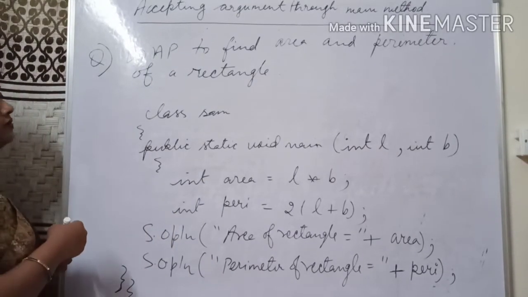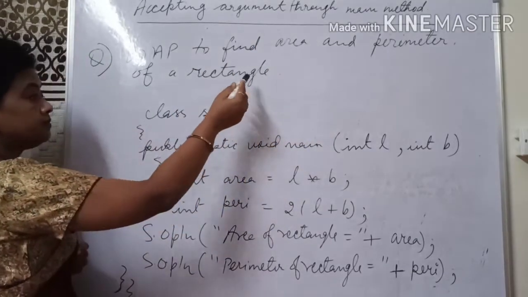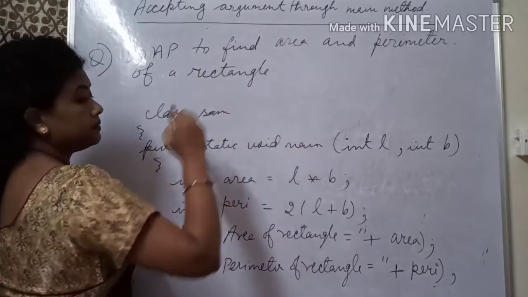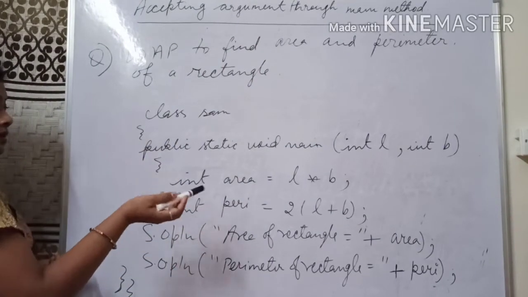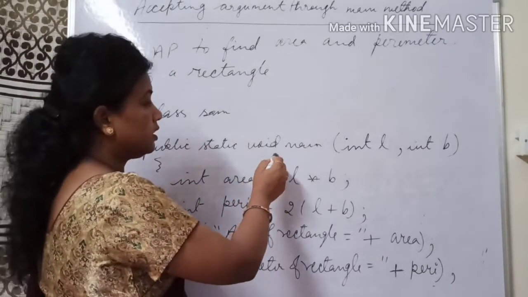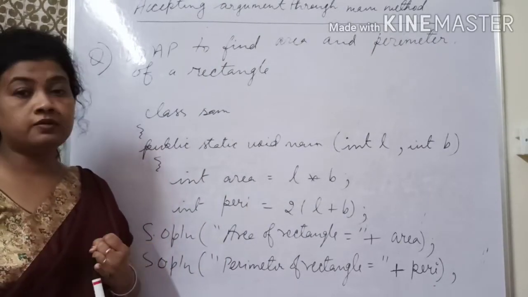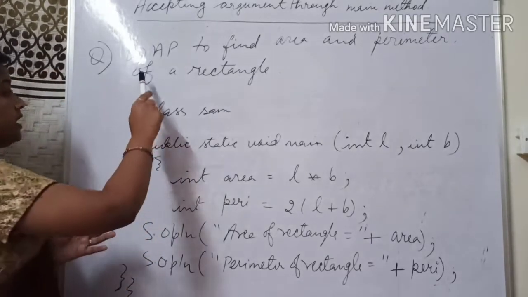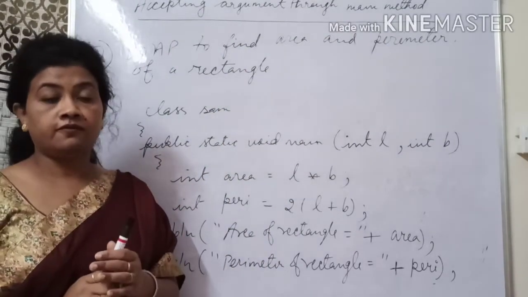So here what will the user do? If nothing is mentioned in the question, then simply they will follow the argument method. It means they will accept arguments to the main method. You have to follow this method. You cannot assign your own method. Now again, this is my class, public static void main, this is my main method. Now again I told you that it is the user who will decide how many variables he has to take for writing the program and what will be the data type.